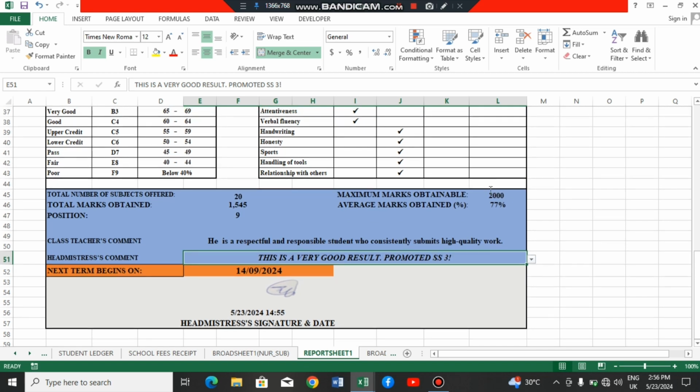Here is showing the maximum number obtained, the number of subjects, 20. For that one of 12, this place instead of 20 it will be 12, and here is the position. For this